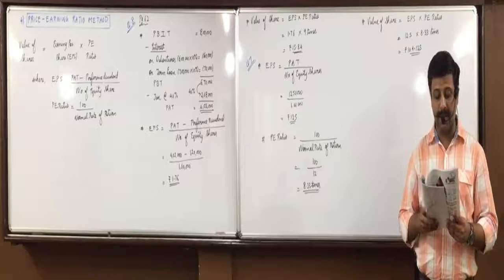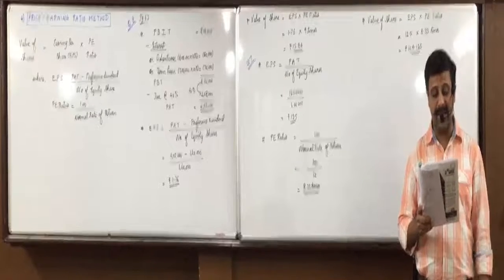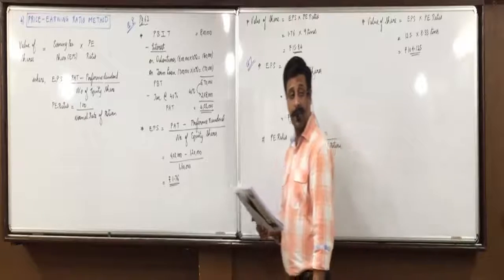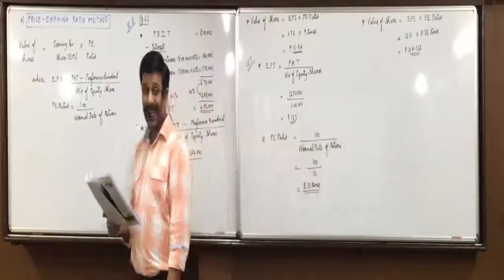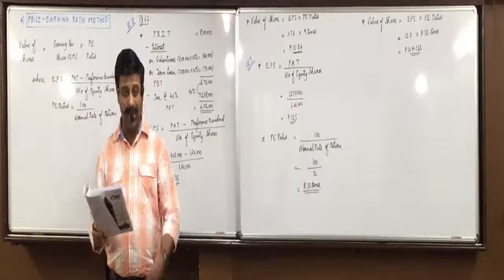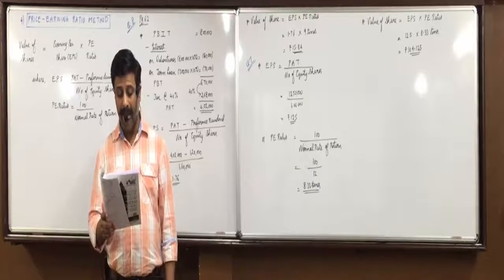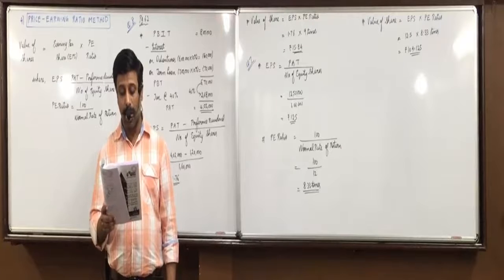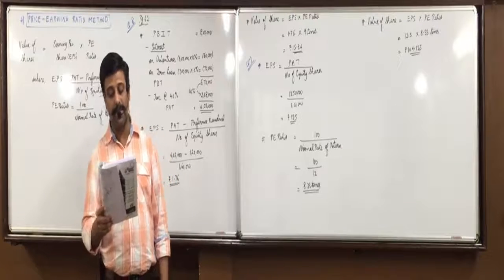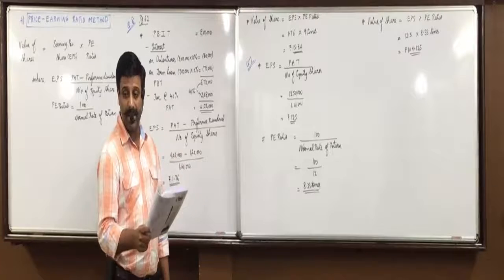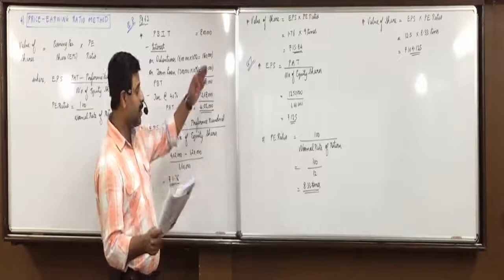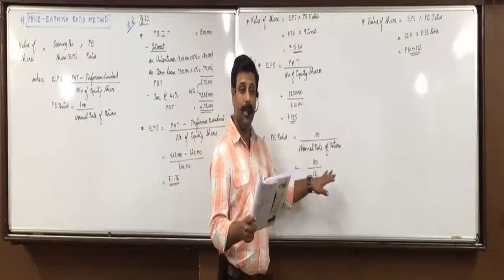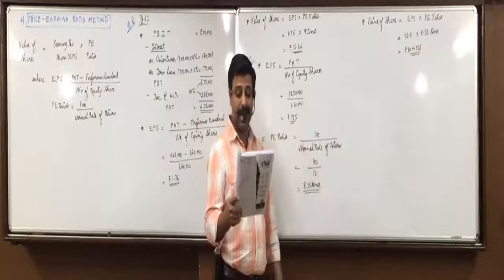Madhav Limited has a paid up equity capital of rupees 20 lakhs, face value 10, paid up value 8 per share. How will we get the number of equity shares? 20 lakhs divided by 8, that is 2,50,000. Average adjusted profit after tax is 65 lakhs. Normal rate of return expected by investors is 15%. You again don't have preference dividend. So EPS is profit after tax upon number of equity shares, PE ratio is 100 upon normal rate of return, and then apply the formula. For 3 marks it has been asked.